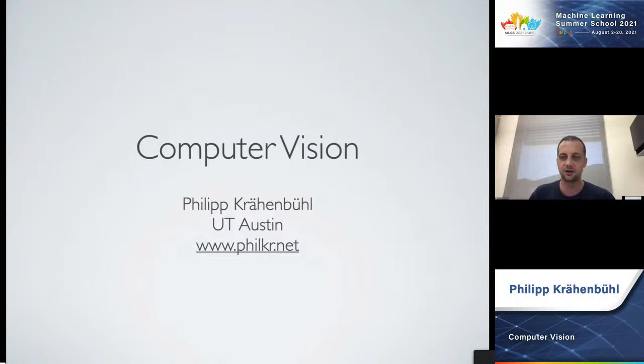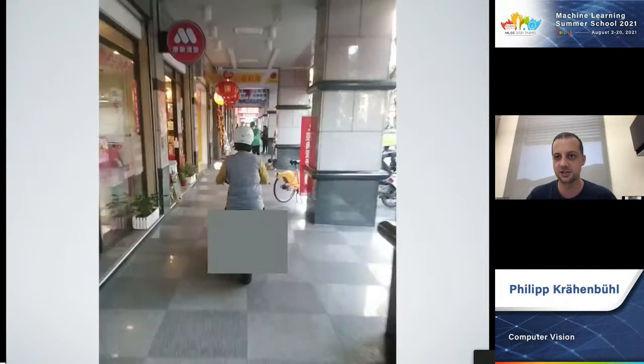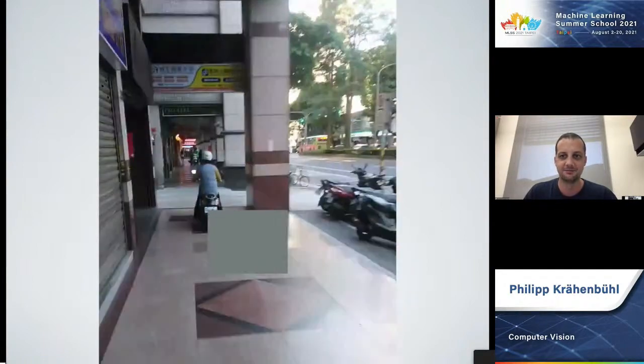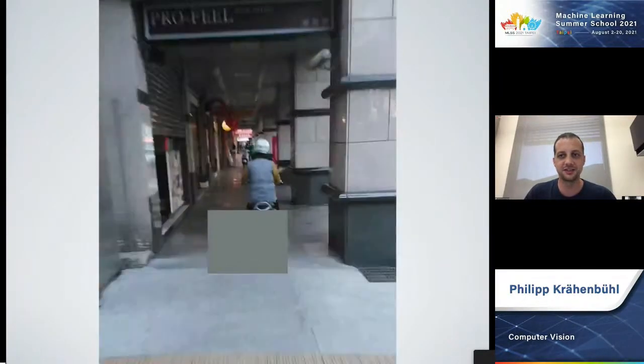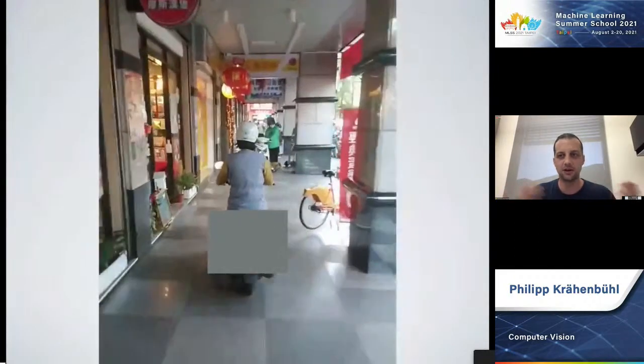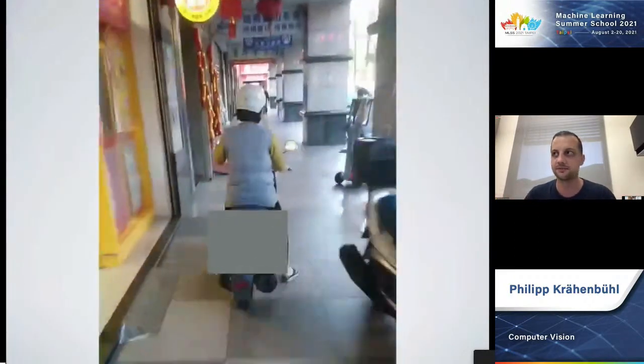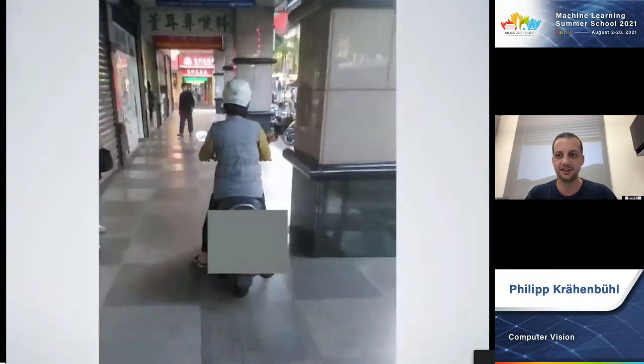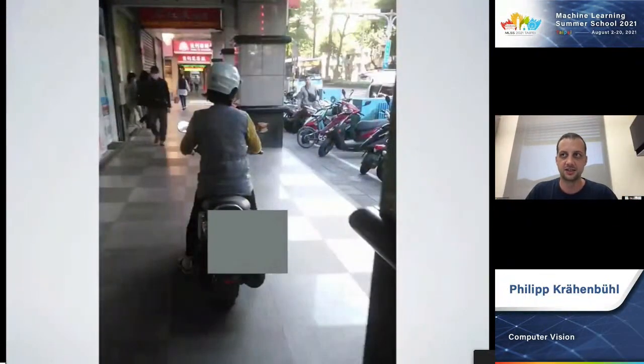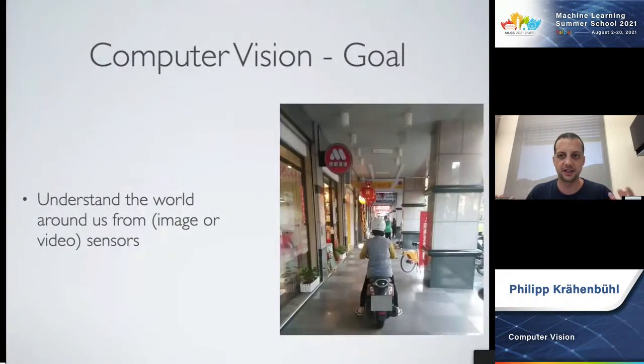The goal of computer vision really is to understand the world around us from images or videos like this one here. I'm not going to tell you where I took this video. I'm just going to play it for you real quick. And while we look at this video, I would like you to think about what you might want to know about what's in this video. So the goal for our systems is really to understand everything. But what is everything that's in this video?